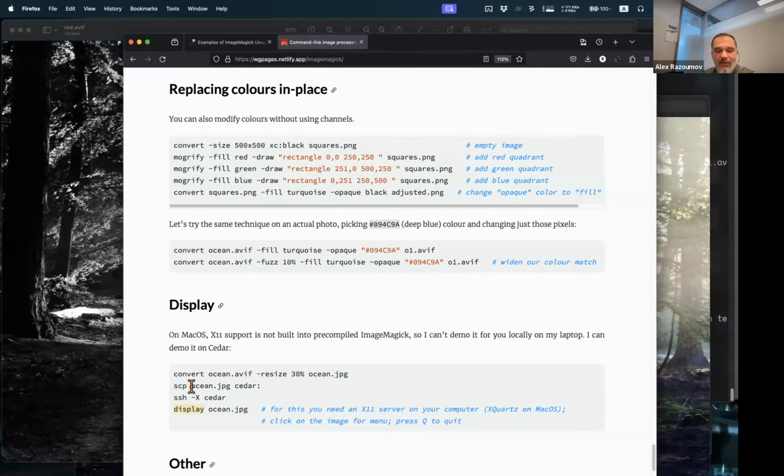If you have an X11 server installed on your computer, then it will simply display this image on